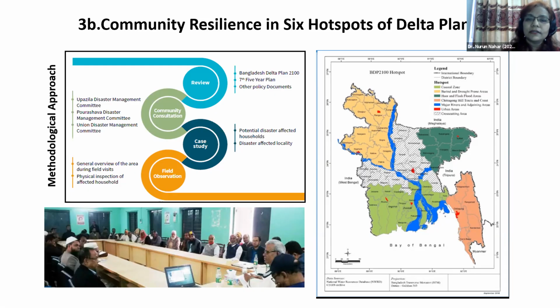So the study was conducted in the 6 hotspots to get very local opinion from the local levels, the diverse community. What kind of activities are needed to sustain the community from all the natural hazards they face? And for each of these hotspots, the hazardscape is very different. The demand was different, problems were different. We could identify the exact problems and also the solutions they prescribed, and we also tried to suggest them for our national plans. So it gave us a very good output.